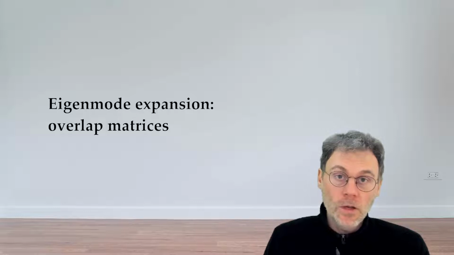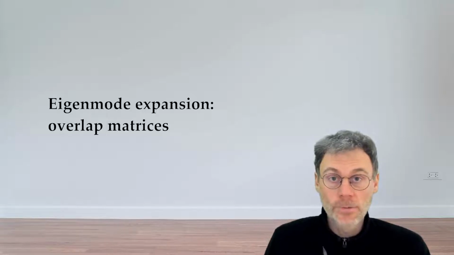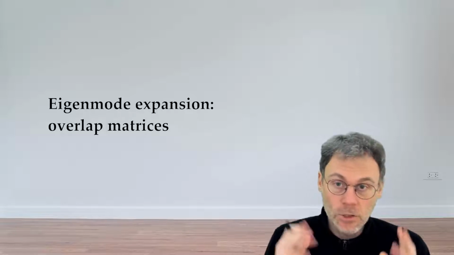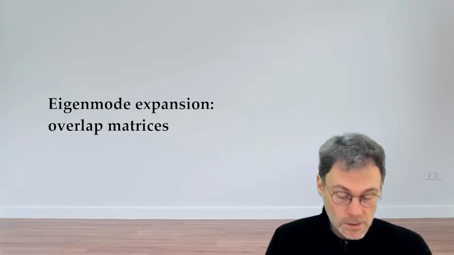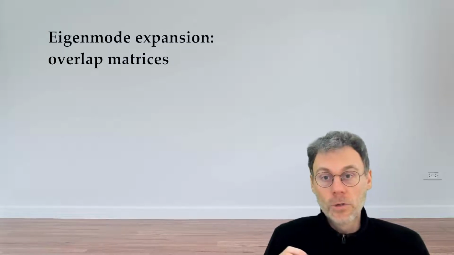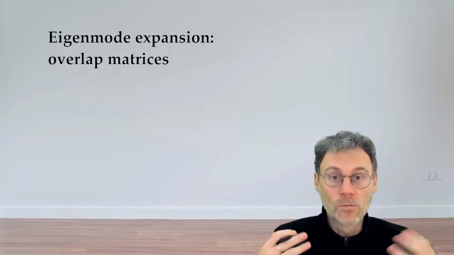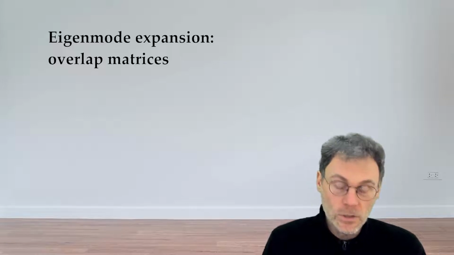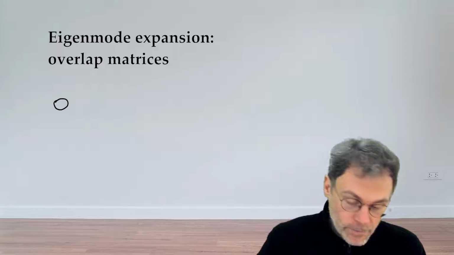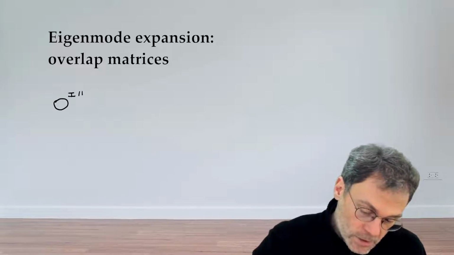In the previous video, we've used the orthogonality relationships to simplify the formulas, but still the formulas were quite messy and the structure of the formulas is a little bit obfuscated. So this is why we're going to define some new types of matrices to hopefully bring out more the structure of these equations. So we're going to define a certain matrix, which is the overlap matrix between layers in medium